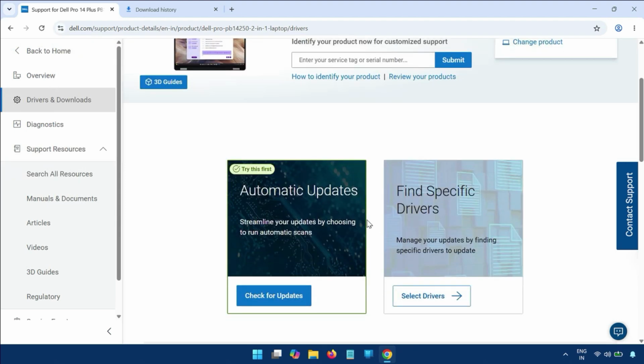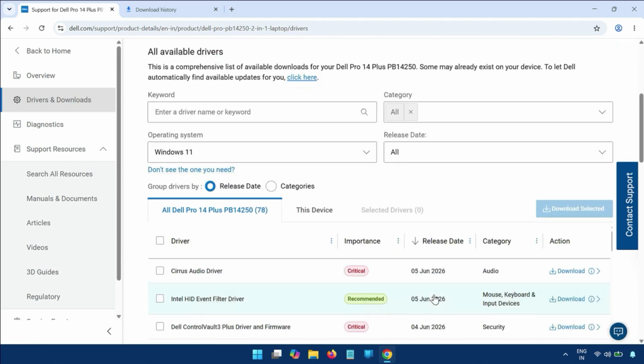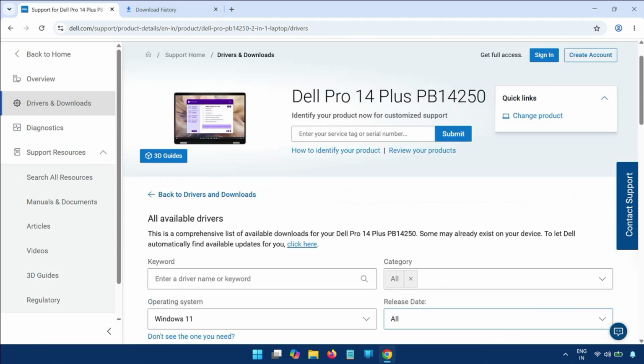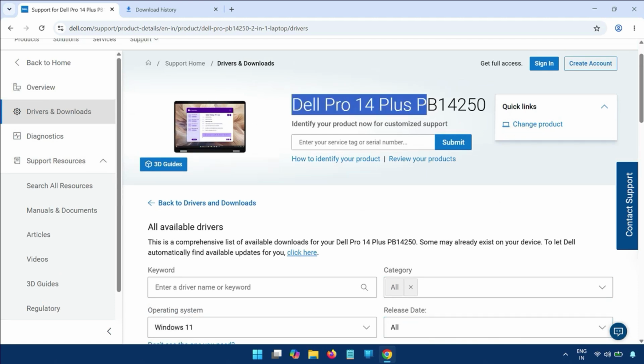Now if you want to install all the drivers, you can click here, check for update, and it will show the required drivers you can install easily. Otherwise, if you are getting some issues and need to install a specific driver, you can install this selector driver. After that, scroll down, this is your system and this is your model number, and okay,